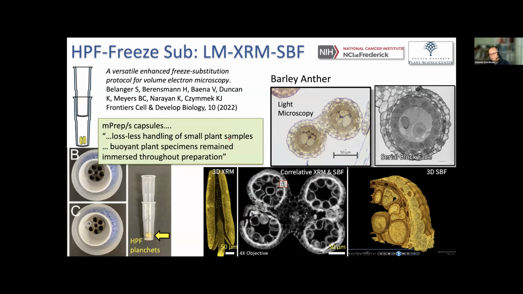Plants float in water. Plants also, I understand, can float in inorganic solvents as well, depending upon where they are in the high pressure freezing. And by doing this entrapment, which can be done with the capsules at cryogenic temperatures, a freshly high pressure frozen sample goes into the liquid acetone for the freeze substitution, and the buoyant plant specimens remain immersed throughout preparation